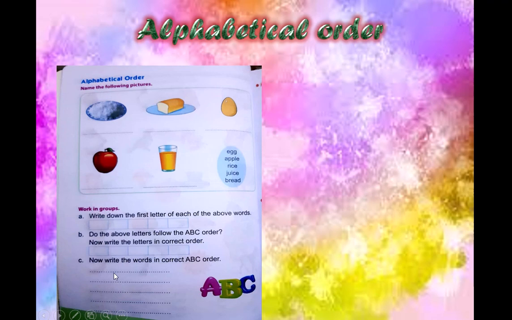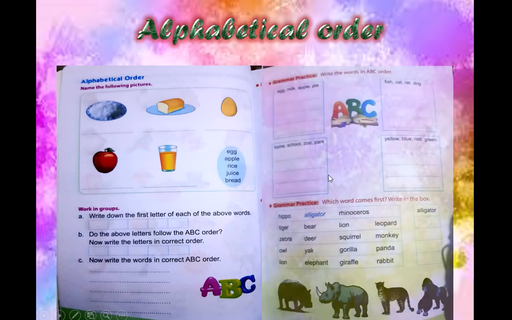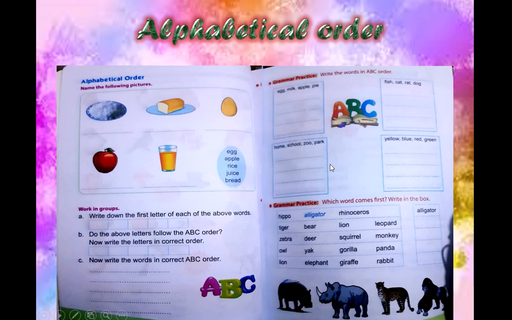So now write the words in correct ABC order. You have to write all the words in correct ABC order. So first we have apple here, then we have bread here, then we have egg here, then we have juice, and then we have rice. Okay, so alphabetical order, hopefully you have understood. You all got it. And now we have one more practice page,